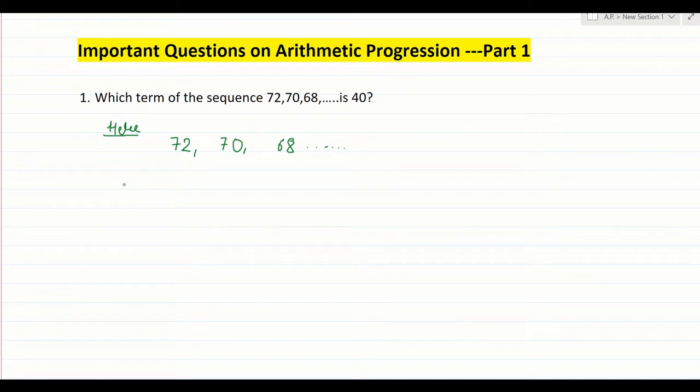So we consider the first term as a. Here the first term is 72. How much is the common difference? It is 70 minus 72, which is equal to minus 2, isn't it? Now we need to find out the position of this 40, which term is 40. Since we don't know, we can suppose